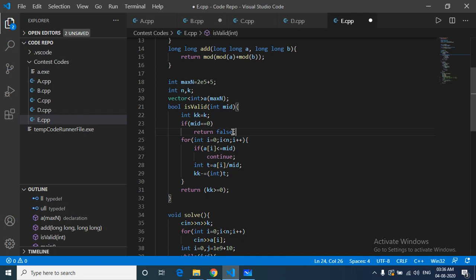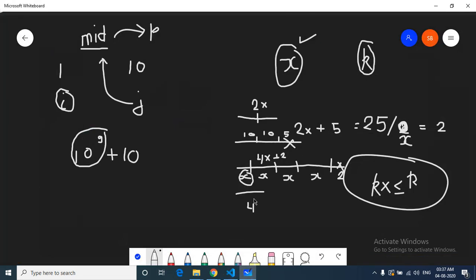Mid equal to 0 is not possible. But what you can do here is, if a of i is less than or equal to mid, the value we are assuming as the maximum length after all the cutting, then as you can see in this example, if this value is less than or equal to x, then we don't do anything because this is already smaller.